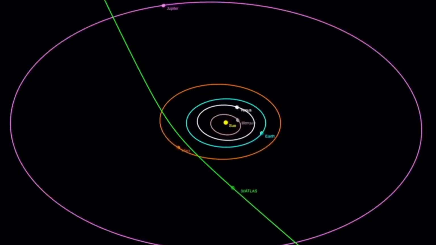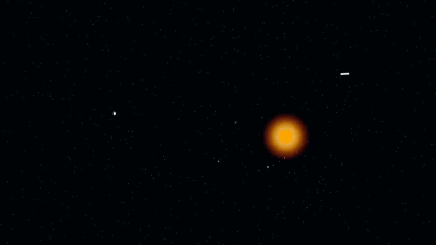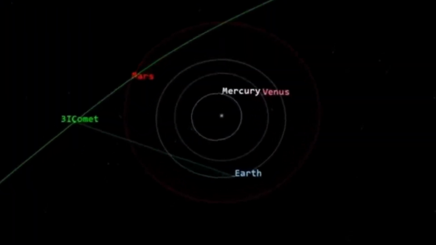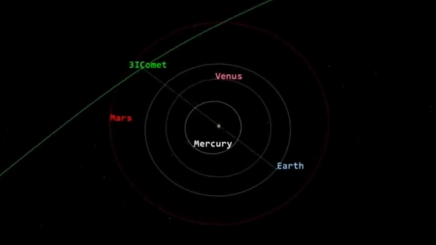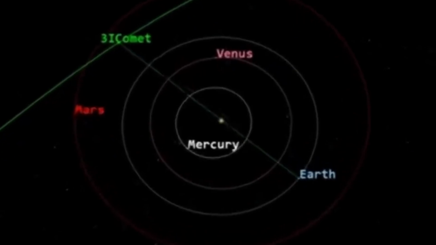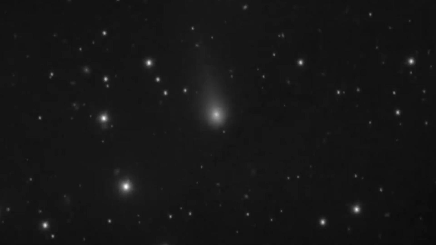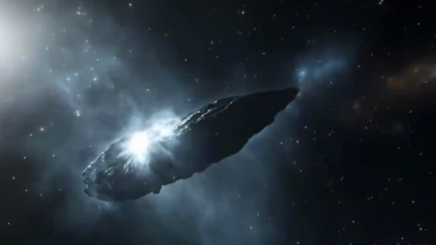The work is meticulous, painstaking, and often frustrating. I spend hours in front of a screen, adjusting parameters in a complex differential equation solver, trying to find the sweet spot where the physics aligns with the observation. I am constantly battling the noise in the data, the subtle biases introduced by the instruments, and the inherent uncertainty of working with an object that is hundreds of millions of kilometers away. But every time I see the residuals drop, every time the model snaps into place, I feel a surge of pure scientific satisfaction. The sharp change in 3I Atlas's path is not just a curiosity, it is a data point